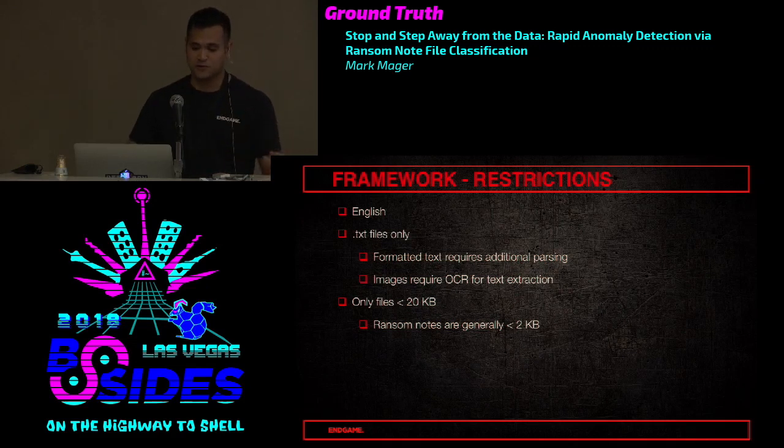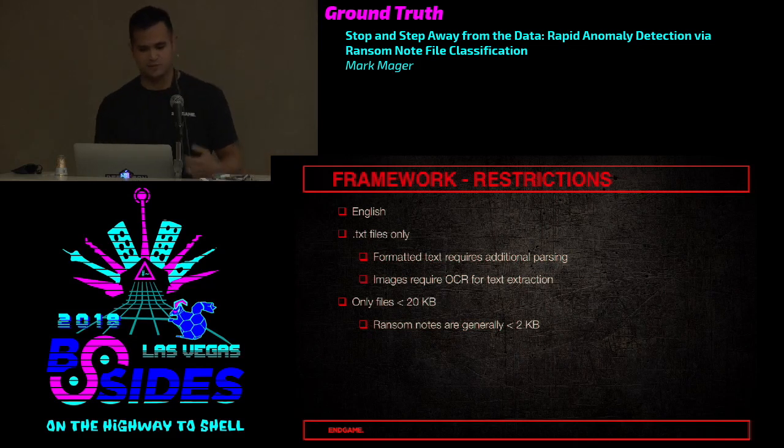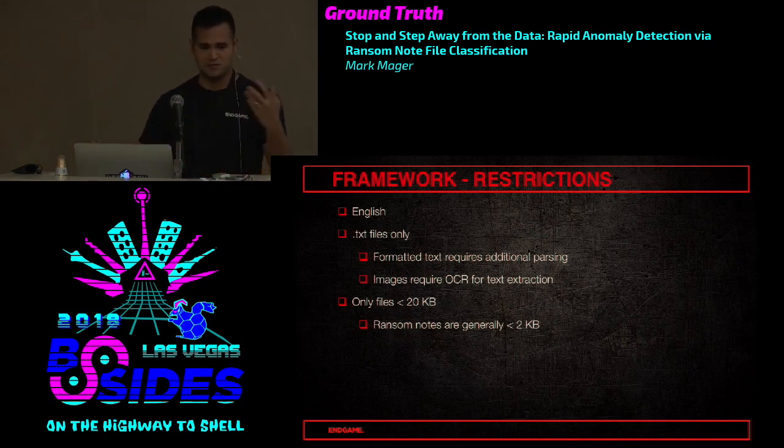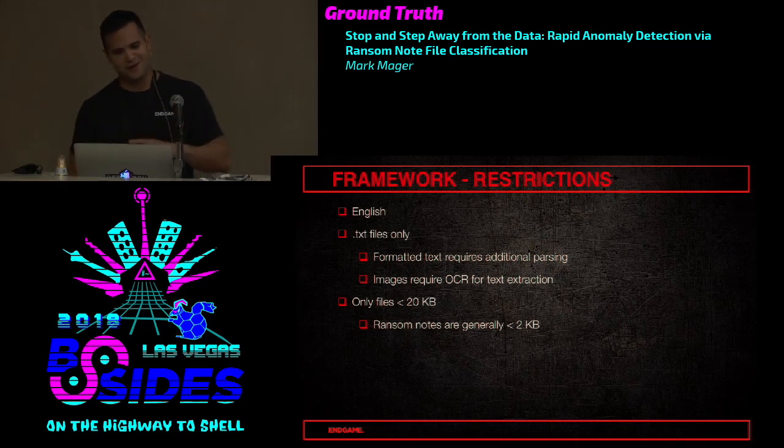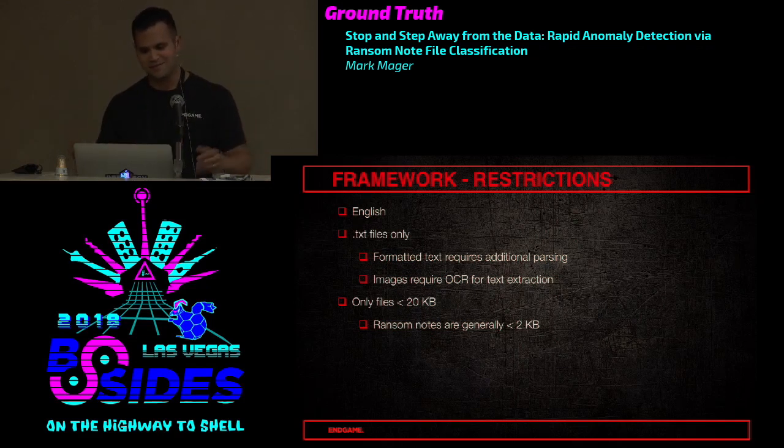And we're also going to restrict files to file sizes that are smaller than 20 kilobytes. The reasoning behind that is once you start looking at enough ransom notes, you'll notice that a vast majority of them are smaller than 2 kilobytes. And so if you provide a little bit of space there for some of the larger notes that actually provide the whole modus operandi behind their ransomware campaign and that sort of thing, some of them bump up a little bit, but generally they're going to be very small notes. They're just trying to get their point across that your files are hosed and you need to send them money.